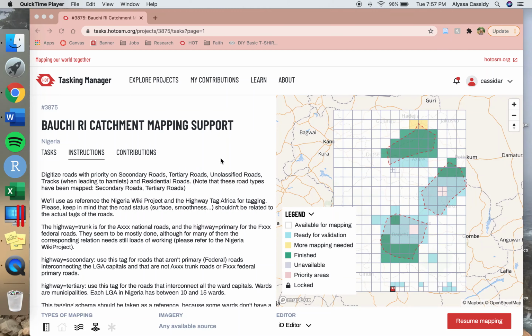I'm going to show you how to map waterways. So when we're mapping waterways, we are looking for this type of mapping. Down here we have these three little squiggly lines. This is a symbol for waterways. So I found a task that has this waterway symbol, and I'm going to click contribute, or for this case,